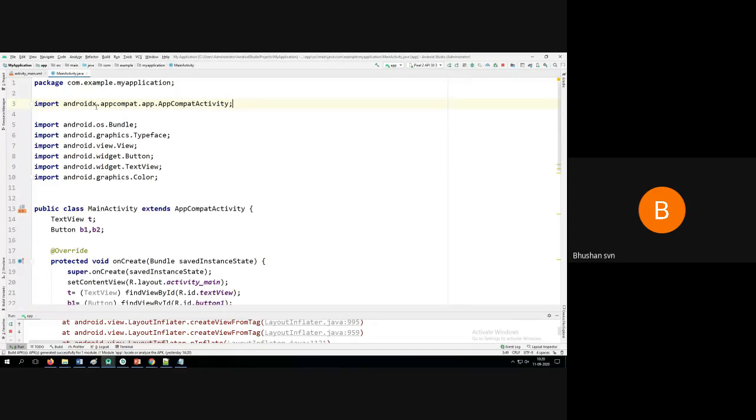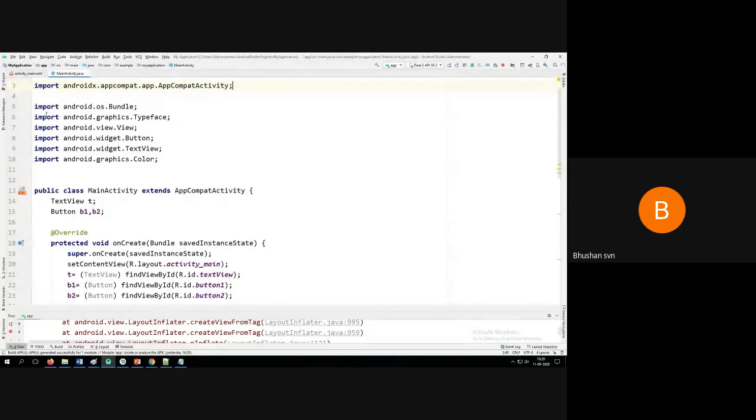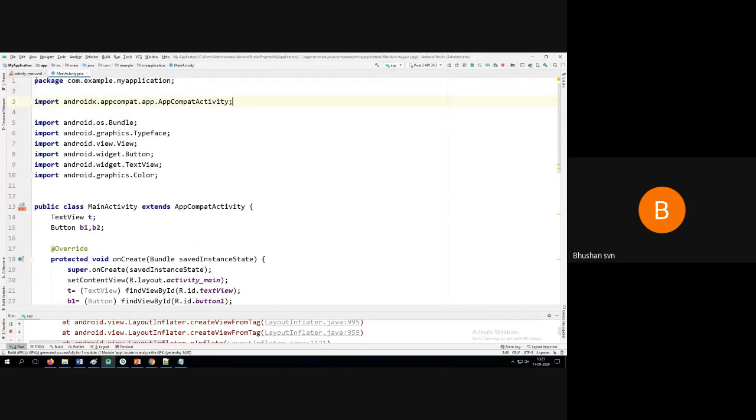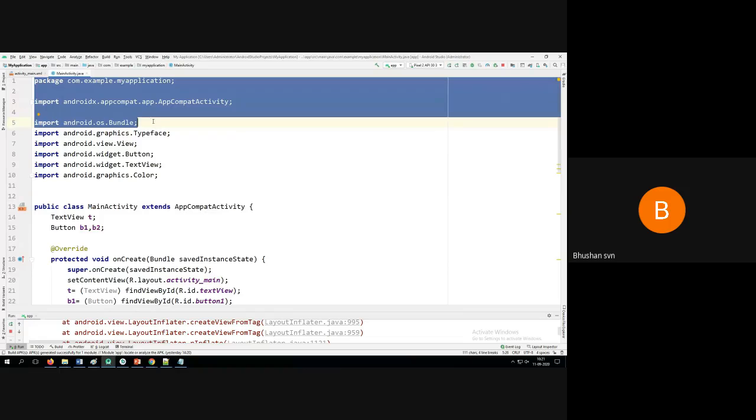And since this is a 4.1 version, you can see there is something called AndroidX. Now in order to trigger actions on the components, you have to import all these files. It is just like your header files: graphics, view, widget, and all those things. All these are the interfaces which are available in this graphics class. So these three components will always be available by default.